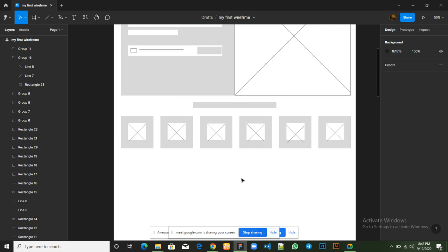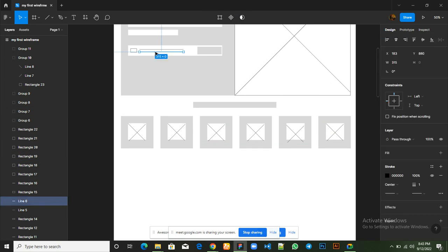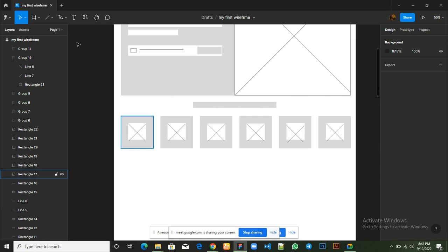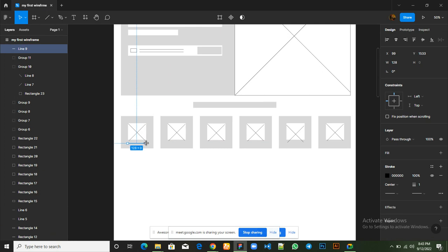All right, so we've gotten that. So the next one is a small text at the bottom. So we could just use two lines to symbolize that. You could go ahead and draw your line again, or copy this line and bring it down here if you want. Let me go ahead and draw a line so that I will not confuse you. Let's hold shift and draw to get the text there. Press Ctrl D